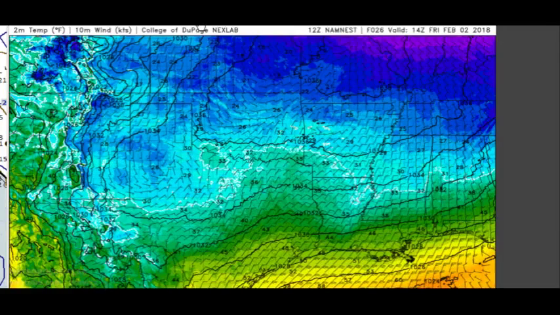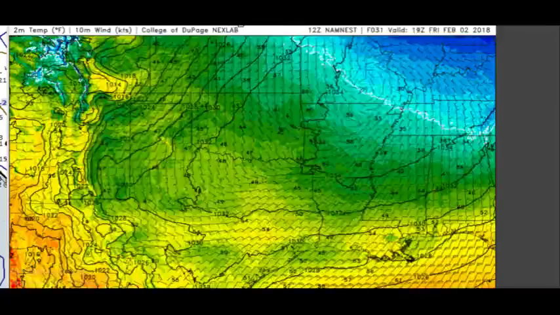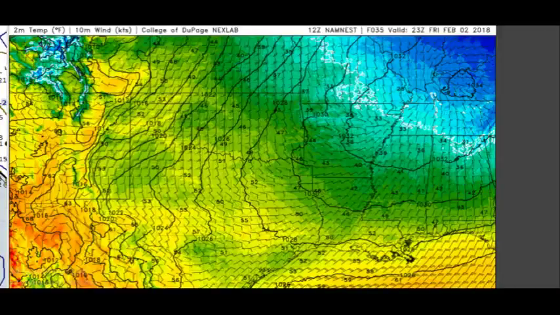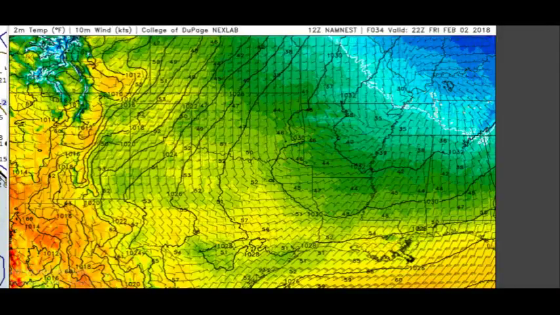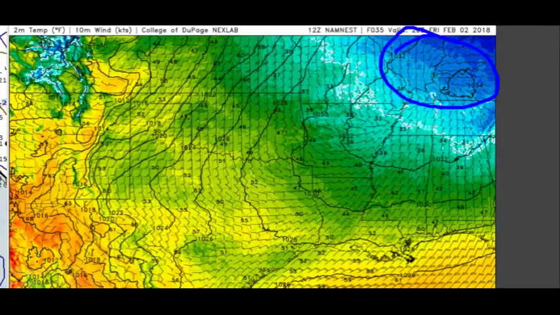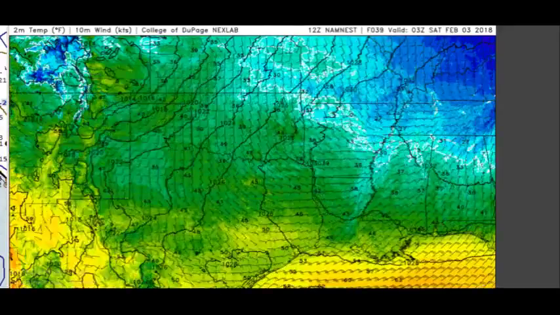There's morning, looks like just above freezing in the DFW area, and then during the day, a little bit of a warm-up. We come up to the 50s, so that's not very strong of a front at all. Most of the cold air is all the way up here. And then that brings us to